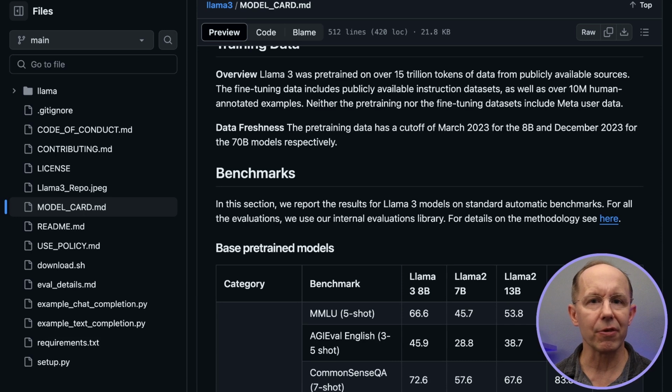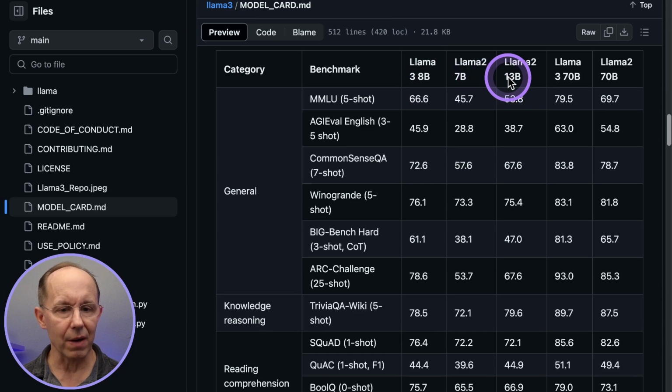Let's check out how Llama 3 compares with its predecessor Llama 2 on the benchmarks in this model card. You'll notice that there's another model here listed, the 13B model, which we're not considering today. They didn't release that today. They did release Llama 3 8B and Llama 3 70B. So that's what we're looking at, these two columns in relation to the Llama 2 7B and the Llama 2 70B. So let's compare these two, which is the new model versus the last generation.